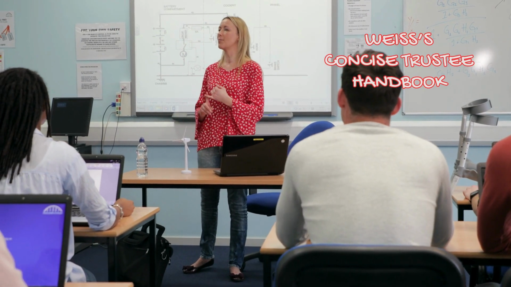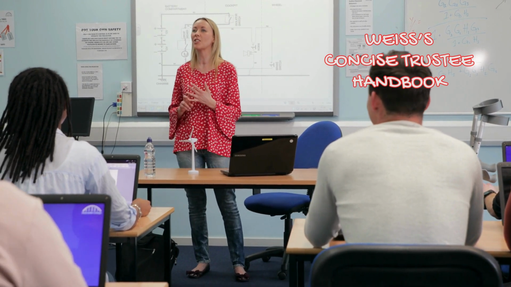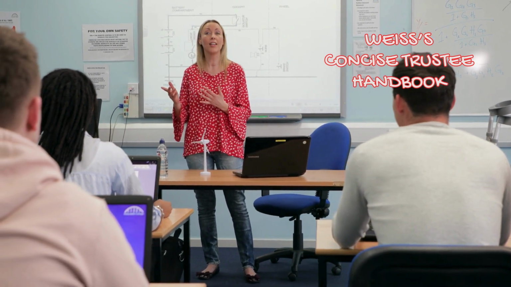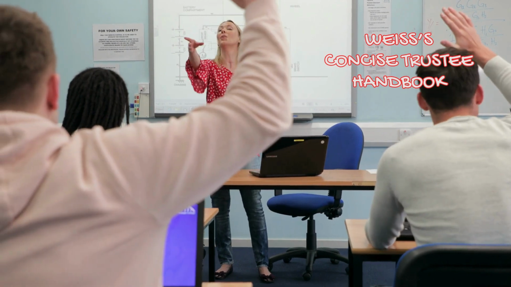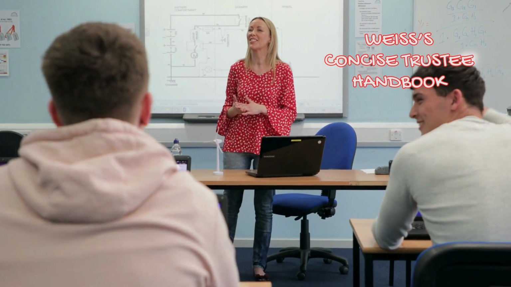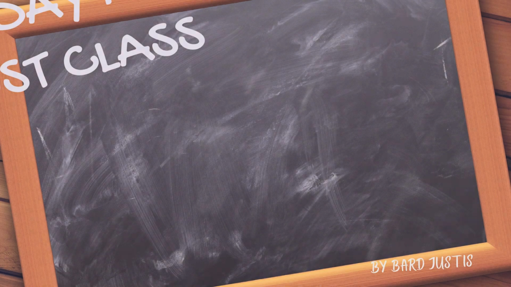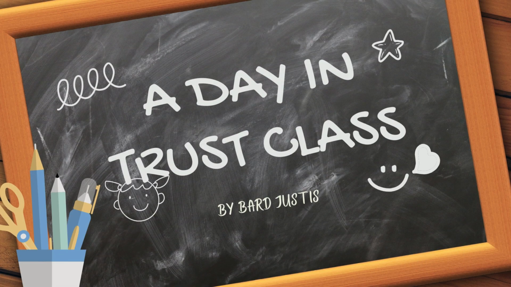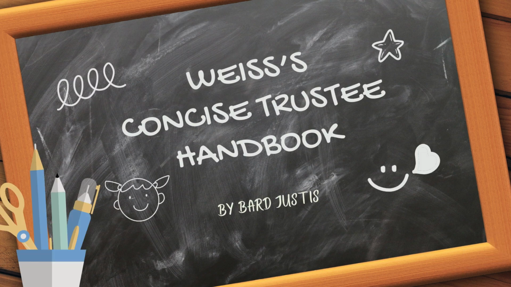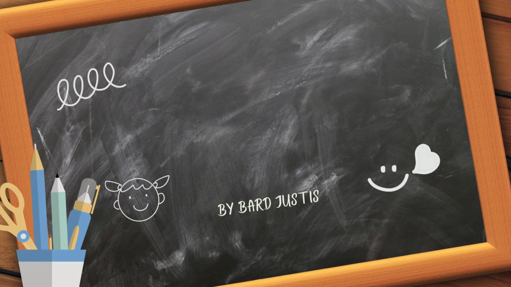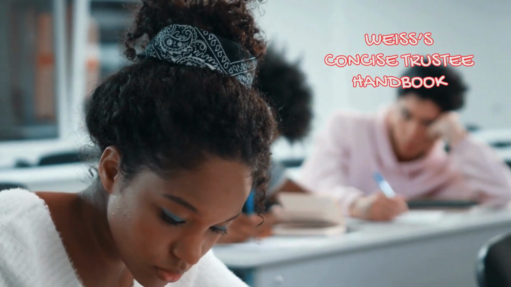The class agreed, and Miss Hamilton wrote: Amendment requires a majority vote from members and unanimous approval from trustees. Dissolution requires a majority vote from members and unanimous approval from trustees. Remaining assets will be distributed to members or donated to an educational charity. Reviewing and finalizing the Declaration of Trust.